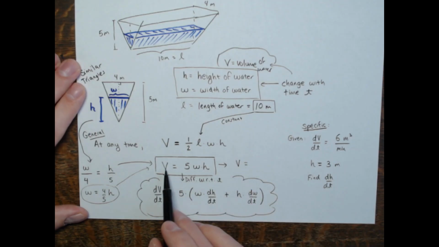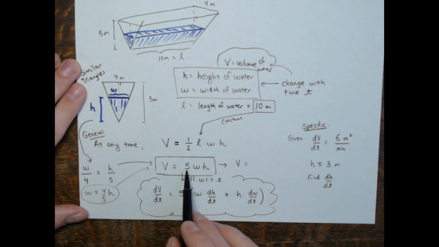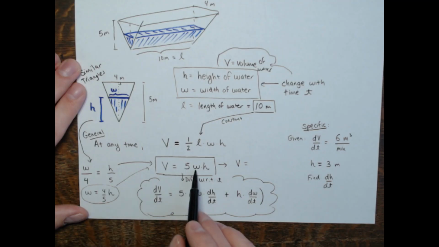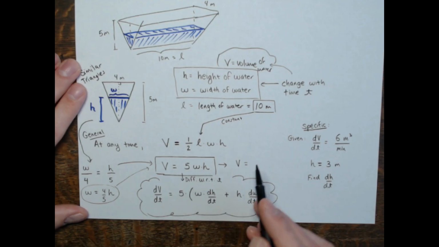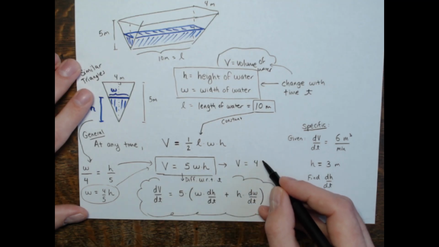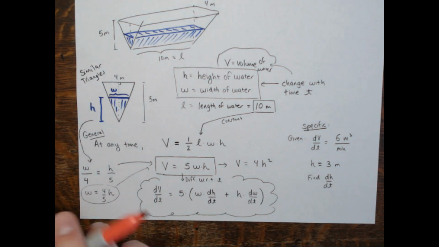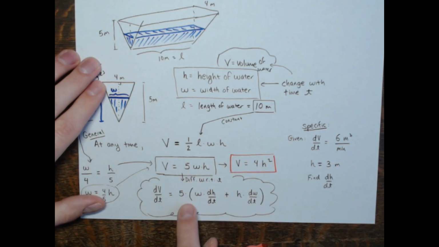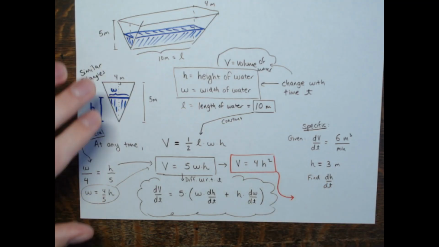of our water. The volume of water in the trough would be 5 times 4/5 H. W is 4/5 H. The 5s would cancel there. And so I'd have 4H and then H again. So this would be just 4H squared. And this is way nicer. Okay. So I could have started the way I did, wrote my related rate equation, but let's use this